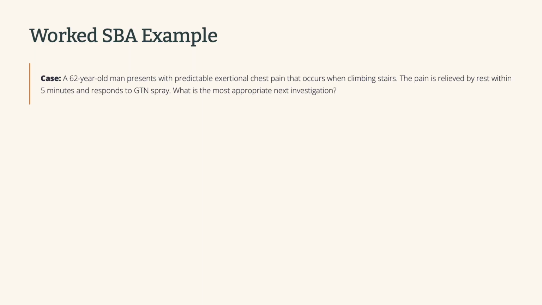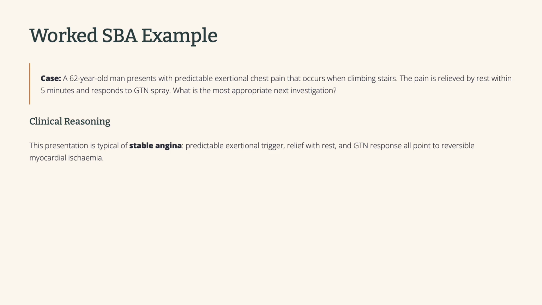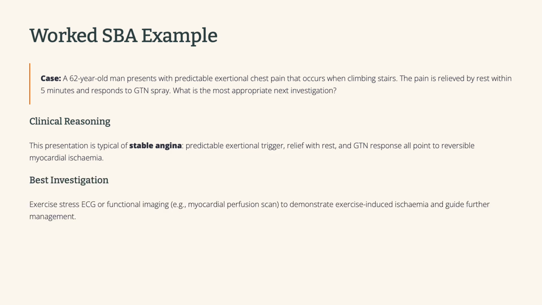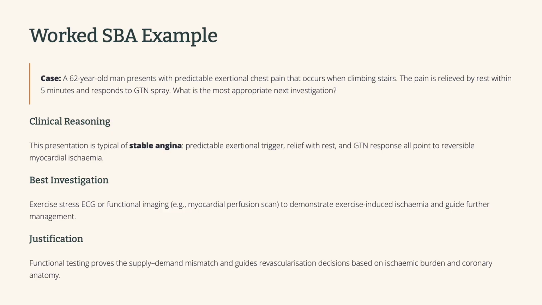Let me think about this. She's got those classic angina symptoms, the risk factors, the family history. So we need a test that can tell us for sure if there's reduced blood flow to her heart when she's active. You're on the right track. Remember what we said earlier, which investigation can actually show us if the heart muscle is getting enough oxygen in real time? I think I've got it. Would it be an exercise stress ECG?